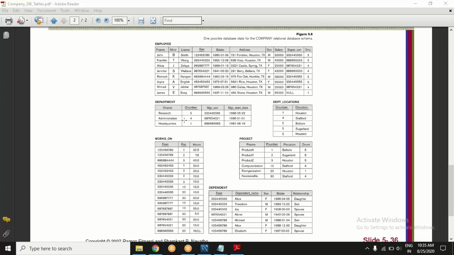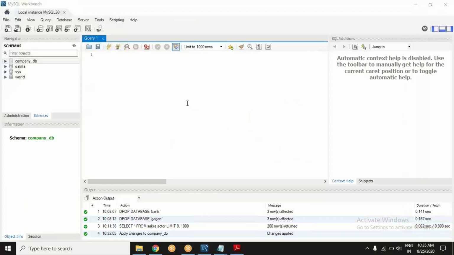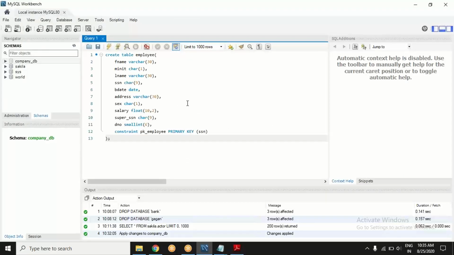Let's do this. Here in the chat box, just copy it and paste here in your script file.